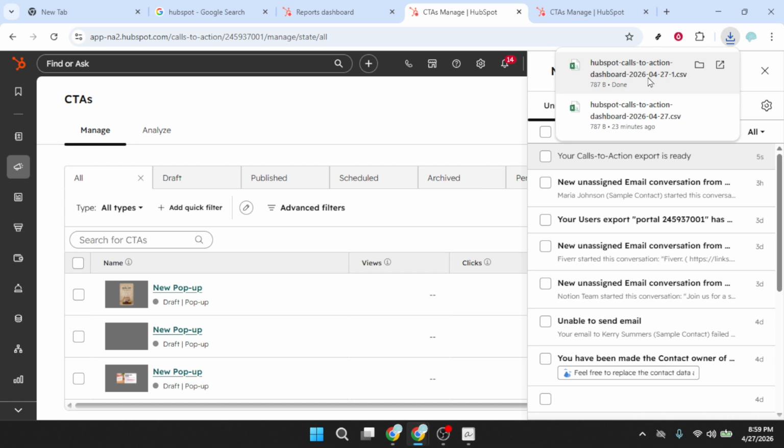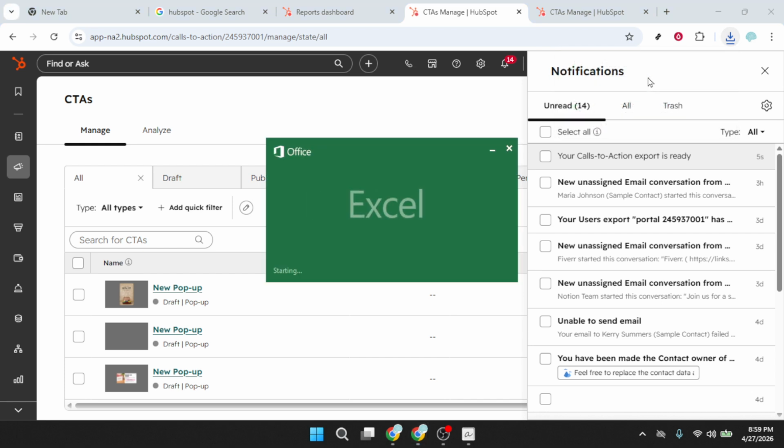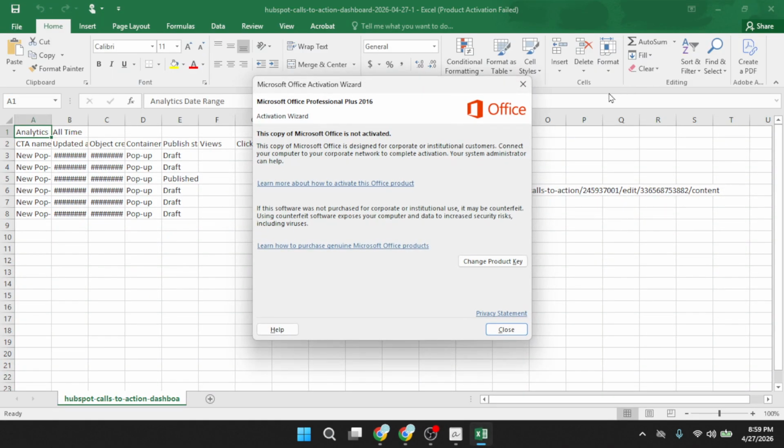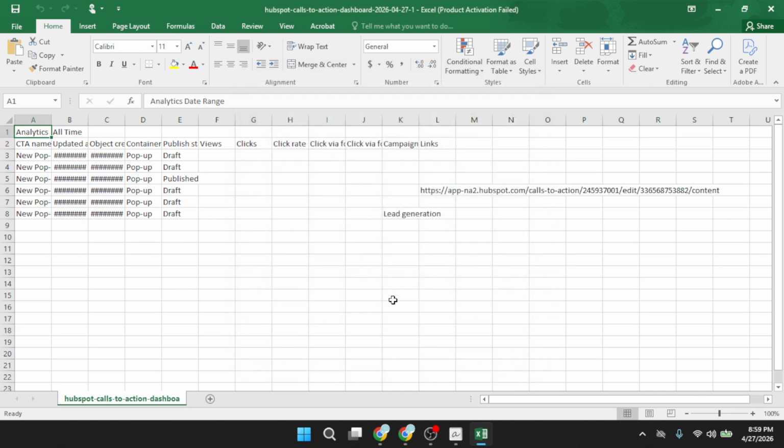Open it to review key metrics, filter by campaign or page, and track trends over time. If you're sharing results with stakeholders, consider keeping a consistent file format so comparisons are easy month to month. And remember, exports reflect what's in HubSpot at the time you run them, so repeat this process whenever you need